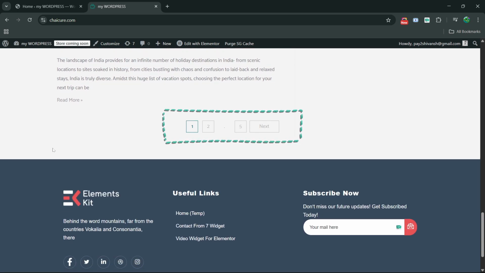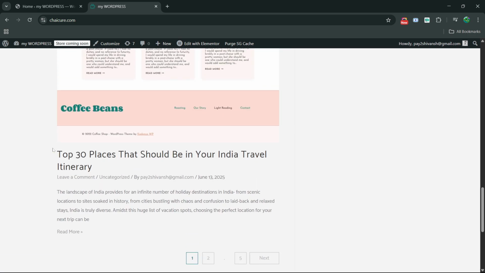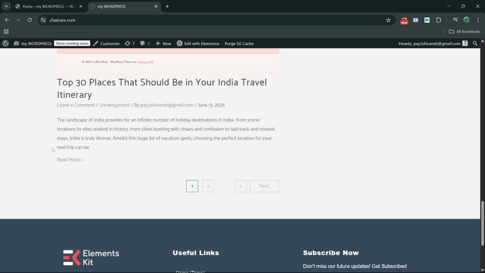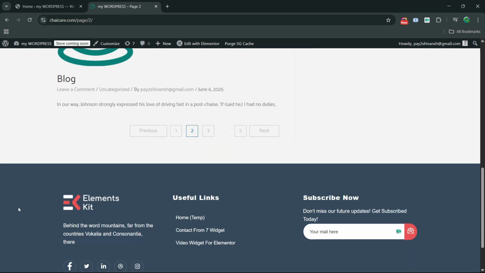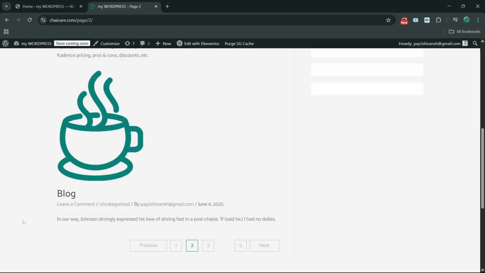Let's know why this is important for your website. Basically, if you show too many posts on a single page, it can slow down your website, especially for users on mobile or slower internet connections. It can also make your site look cluttered and harder to navigate. By limiting the number of posts per page, you not only improve the loading speed but also give your visitors a better or more focused browsing experience. So, in this video, I'll show you exactly how to set and manage your page limit in WordPress in just a few easy steps. Whether you're running a blog, portfolio, or news site, this is something every WordPress user should know.